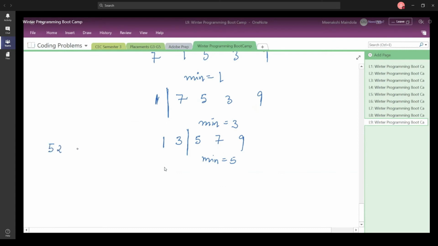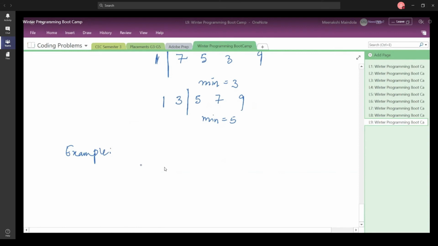So let us consider another example and we are going to see how selection sort is going to work on this. So let us say I have this array, 52. Let me write this down here. So let us say you have another example. Please tell me what is going to be the array after every iteration. You should give me the output of the array.